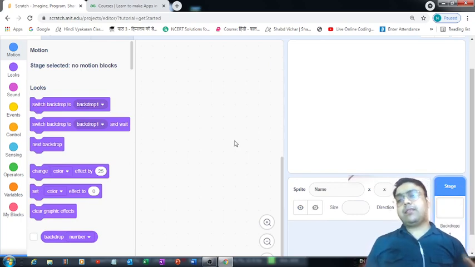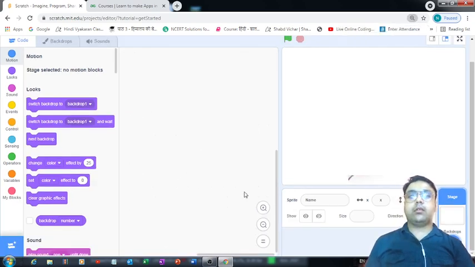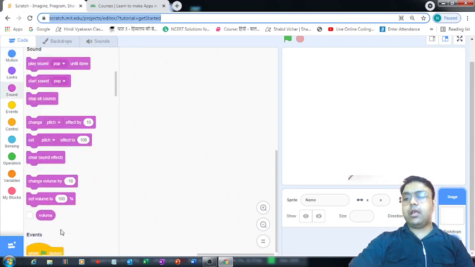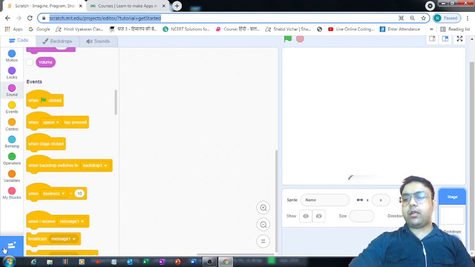Okay, let's start creating the drawing app. The first thing you have to do is add the pen extension to this Scratch environment. And how can you access the extensions? You can simply come down over here, and that's the add extensions option.